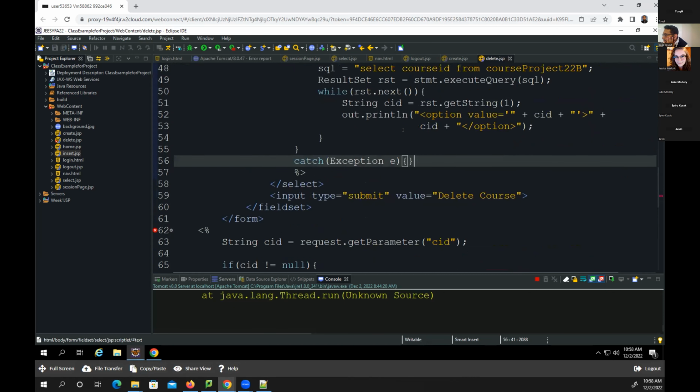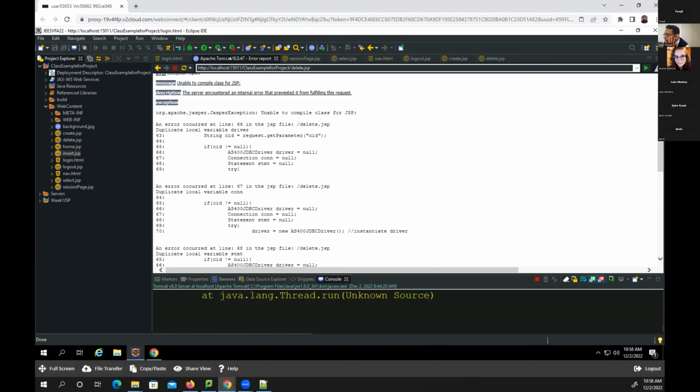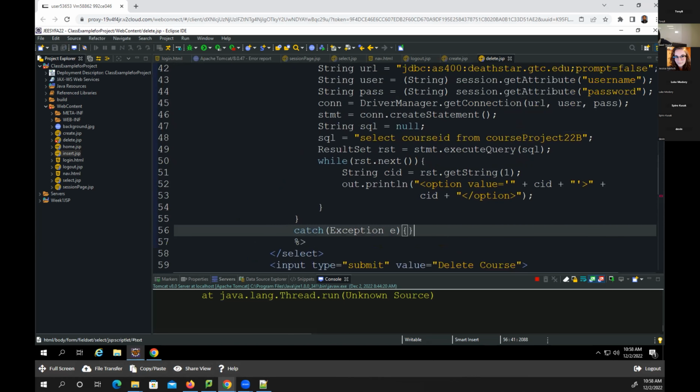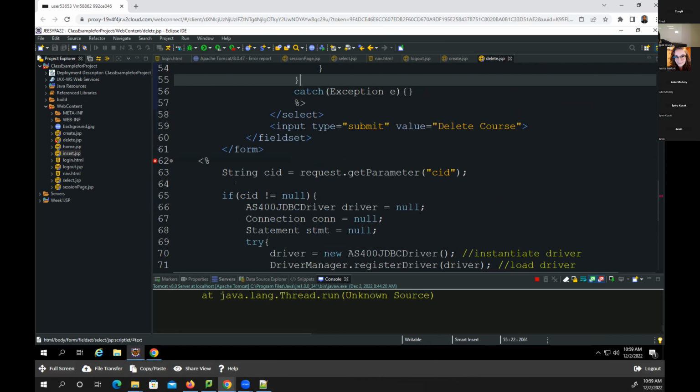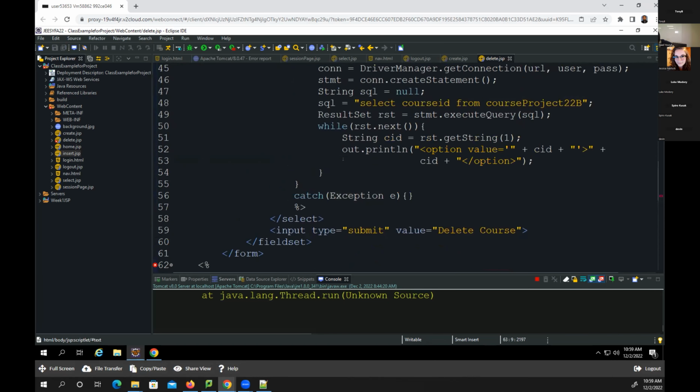I'm getting duplicate local variables because we copied that twice. Yeah, I'm having the same error, but I am wondering why it is doing it. Because the other CID is local to the loop, and the loop ends, so it should just go out of context. So when I say CID over here,